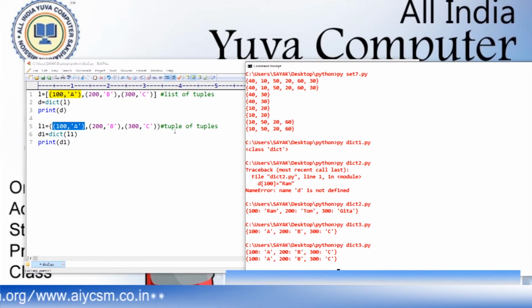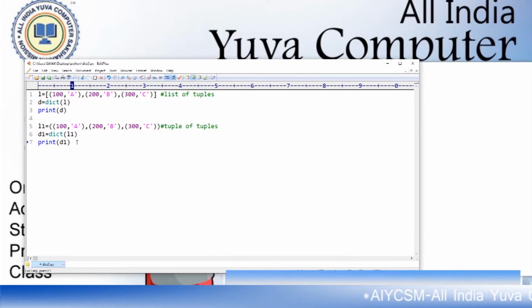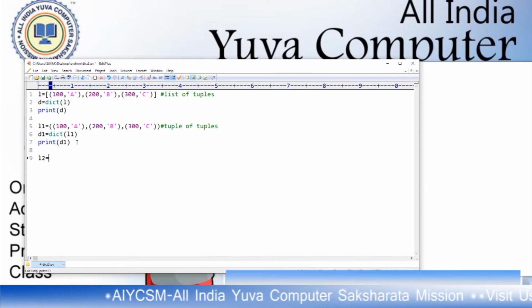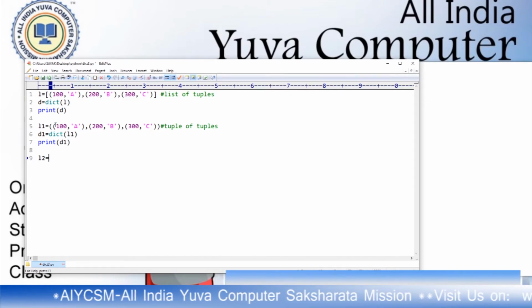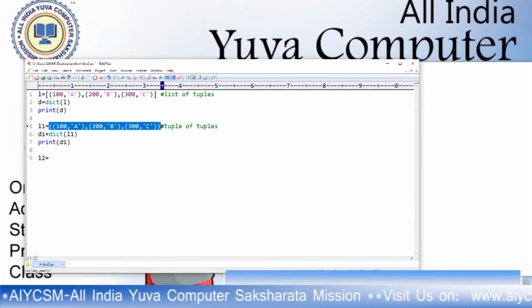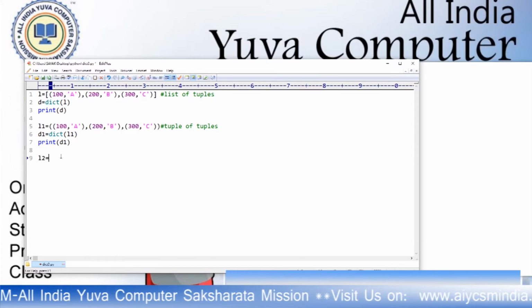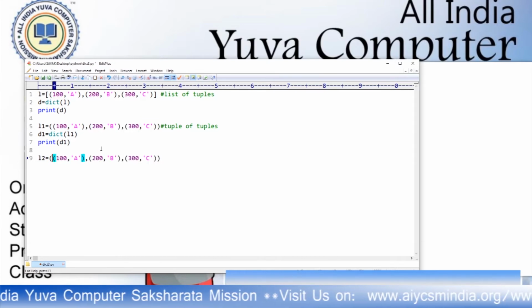So we can convert a list of tuples into a dictionary, as well as a tuple of tuples into a dictionary. Now if you want to see another example, we can convert a list of lists into a dictionary. Here it is, copy this, and here it is a list.